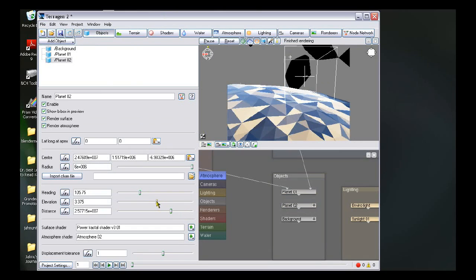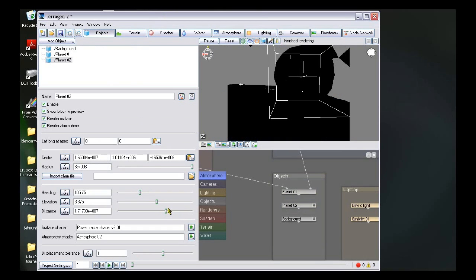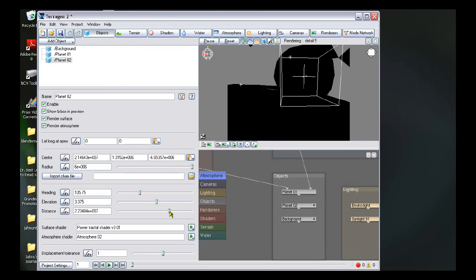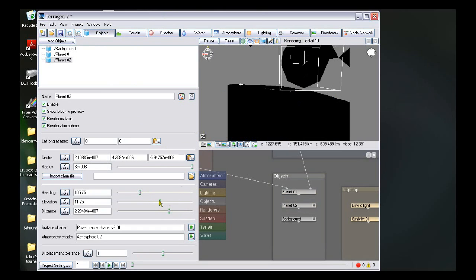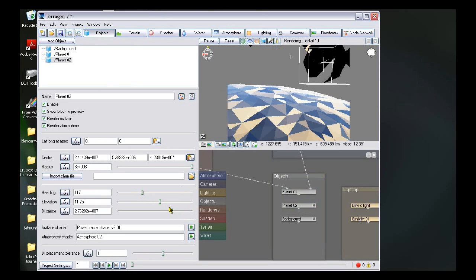Actually, if I get too close to the planet, you'll notice that it casts a shadow on it. I noticed that was kind of funny. Look. Okay, well that's too close. But if you bring it too close to the planet, this planet actually casts a shadow on it. Anyhow, not that funny. Let's bring this about right about, let's say, now. So now I got a planet right here,